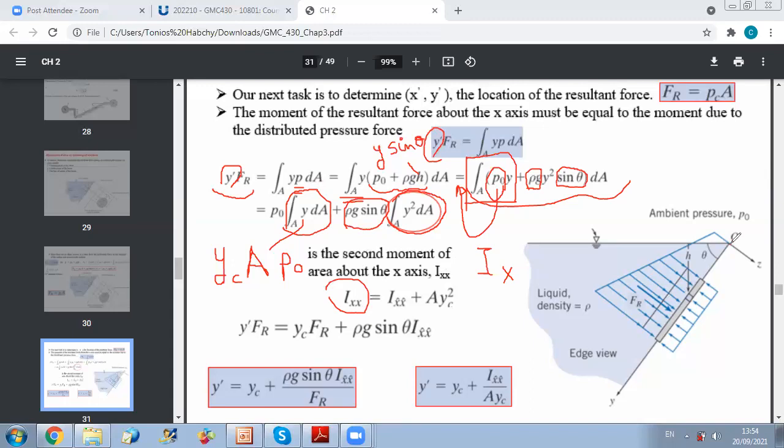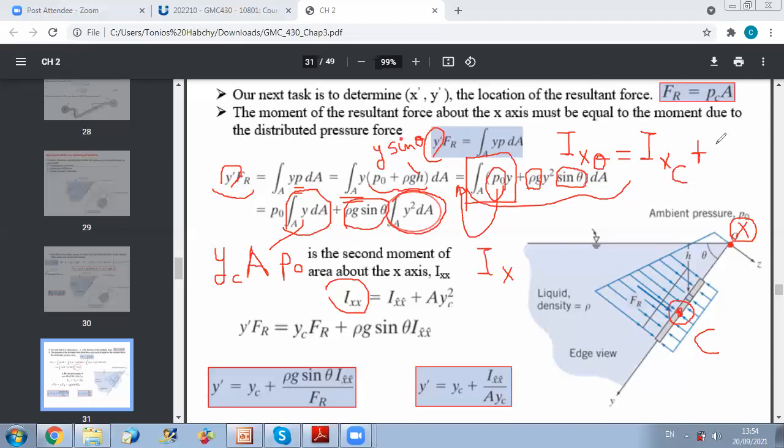If I know the inertia about any axis x and I want to relate it to the inertia about an axis passing by the centroid of the area, so let's say this is the centroid C of the area. I want to relate the inertia about the x-axis passing by O and the inertia about the x-axis passing by the centroid. I can write that the inertia about the x-axis passing by the origin O is equal to the inertia about the x-axis passing by the centroid C